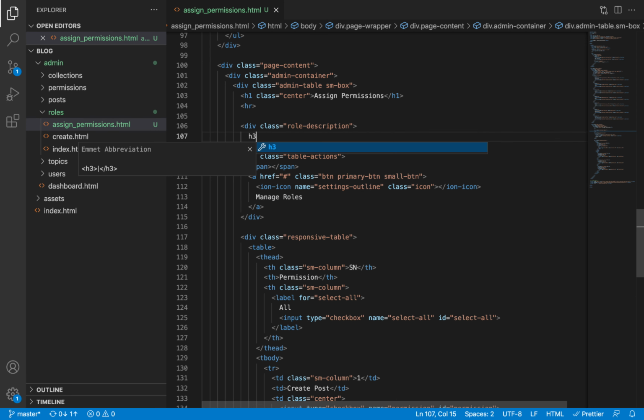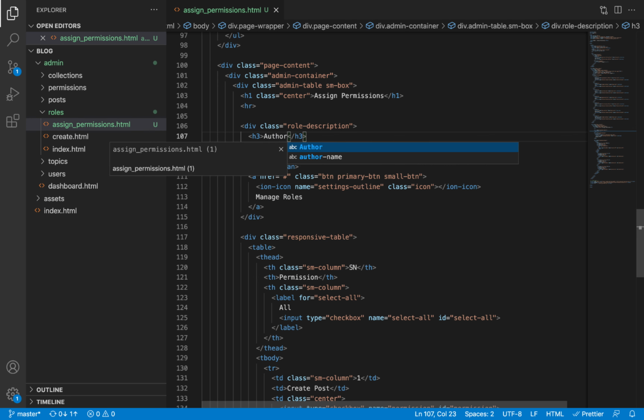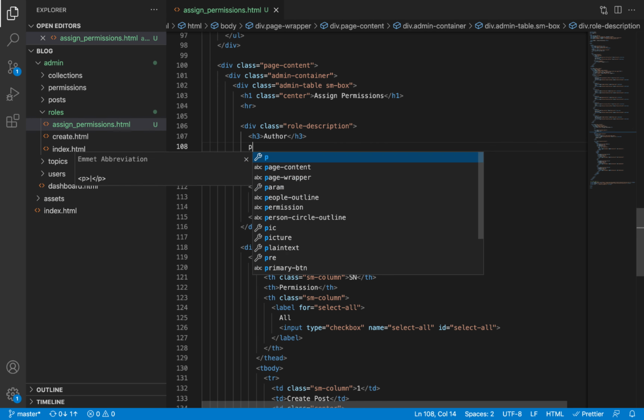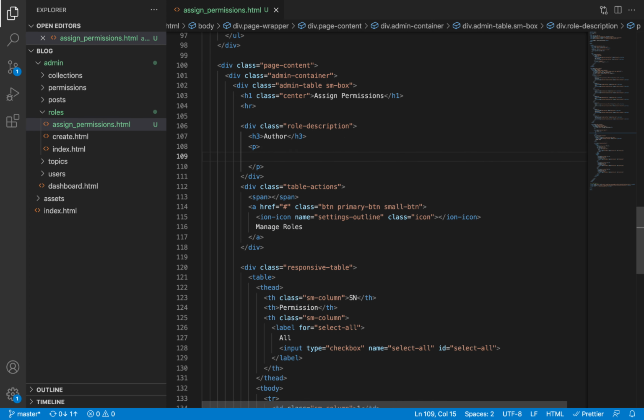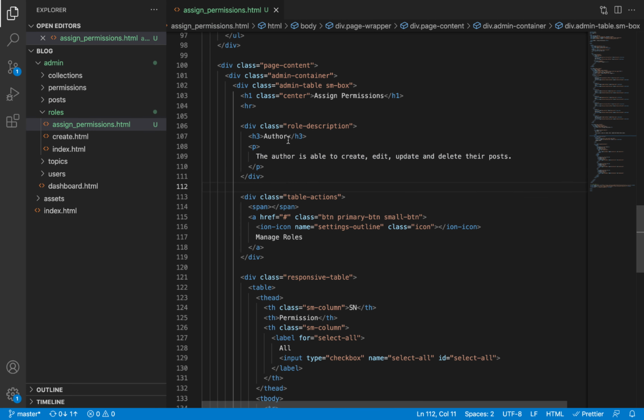So inside here we'll have an h3 heading. It's going to have the name of the role, let's say author, and then we also have a title, or rather a description. Okay, so this is just a dummy title we are applying for now. And then